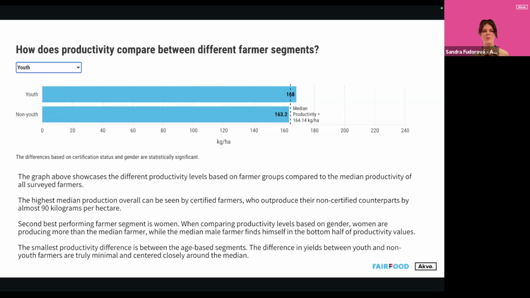This is a more technical part of what we will be talking about today, but when we see differences between segments, you will see them in essentially any case, such as here, for example, we're looking at youth and non-youth farmers and their productivity. So how much they're able to produce, how much cocoa, I believe, they're able to produce per hectare. And you see that there's a slight difference of 5 kilograms.